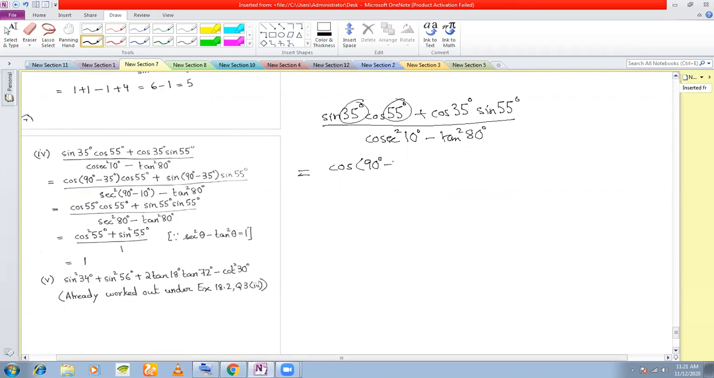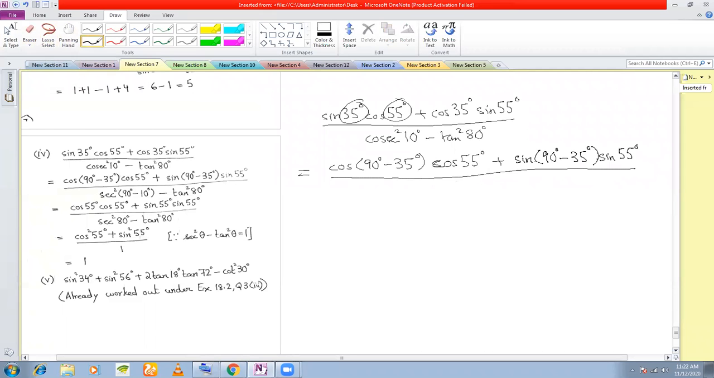Cos (90 degree minus 35 degree). And this cos remains as it is. Plus, and in the second one, let us change this cos to sine. In fact, let us change both to sine. So we change the first one, sine (90 degree minus 35 degree), sine 55 degree